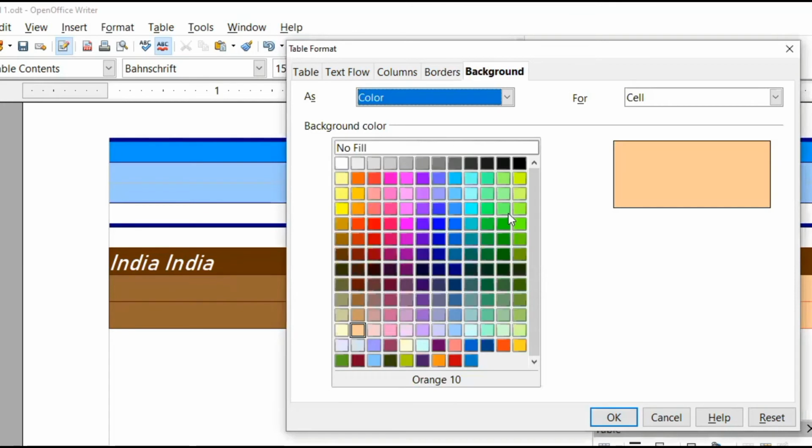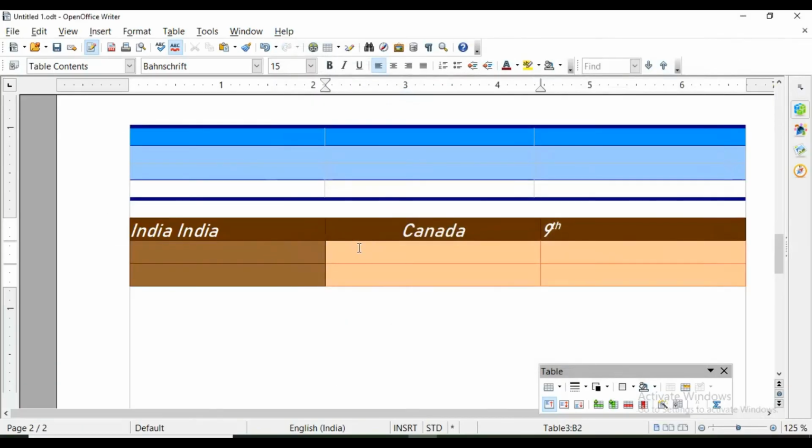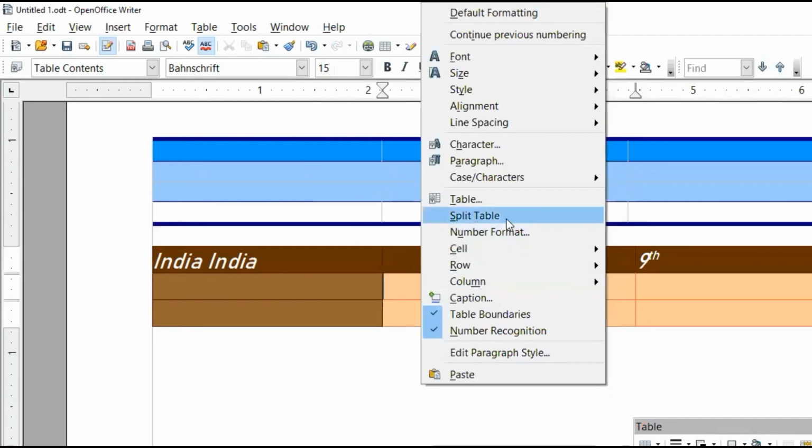Then background is there. This is table background. Okay, it will be applied to the whole table. So three kinds of background are there: character, whatever is typed, behind that that color you will get. Then cell background or the row or column background is there, and one is table background which is applied to the whole table. Then this is split table, split table into different multiple tables.